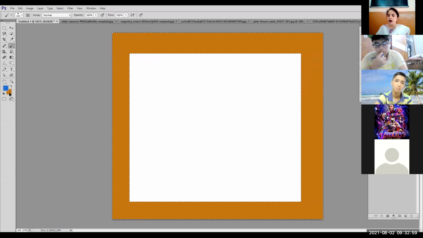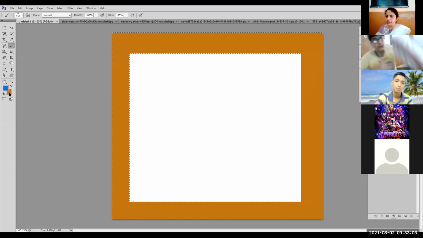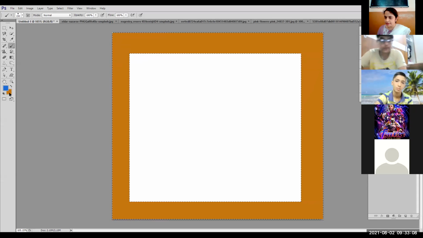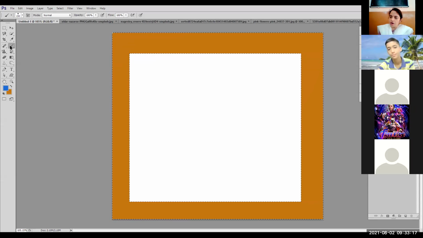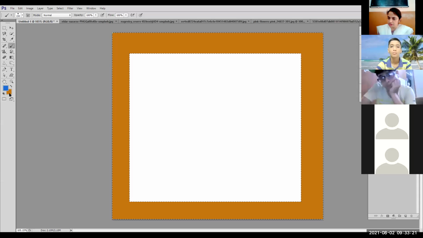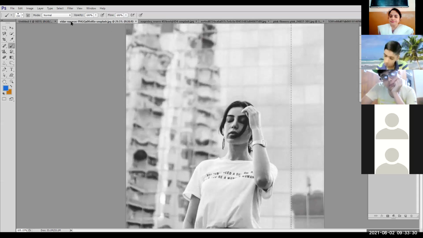Second thing we had learned is how to inverse the selection. Select the area, press the shortcut key, Control plus Shift plus I. It will inverse the selection. Then you can fill the selected area either by using the brush tool, any pattern, or by pressing the shortcut key, you can fill the foreground or background colors. Alt plus backspace, Control plus backspace. Right?